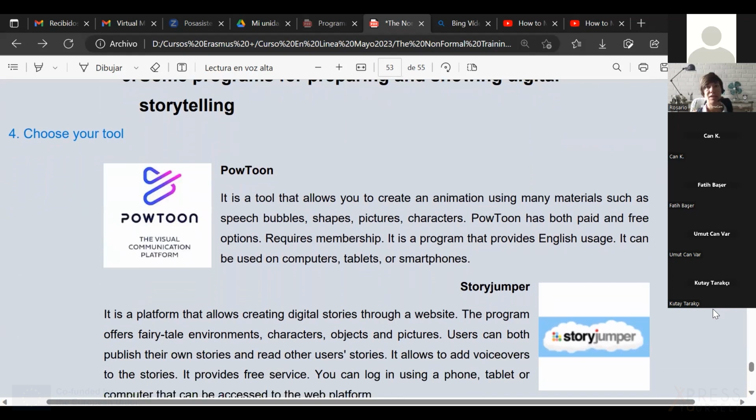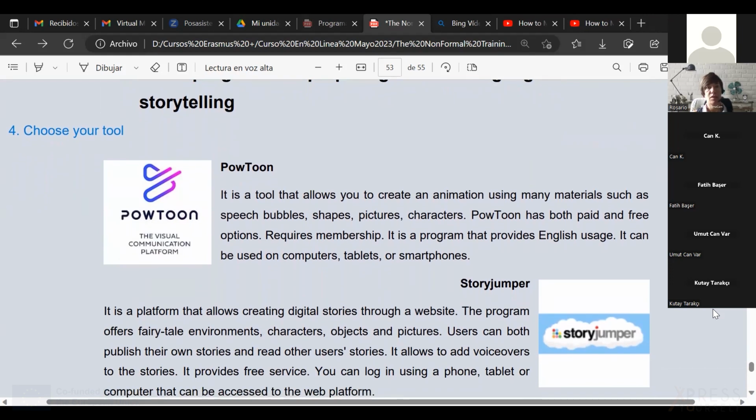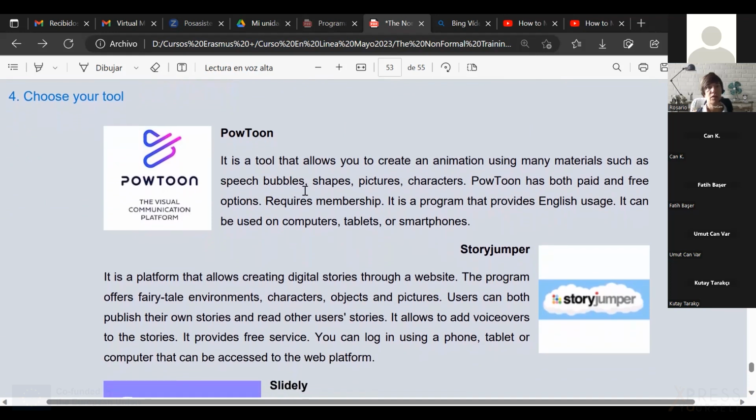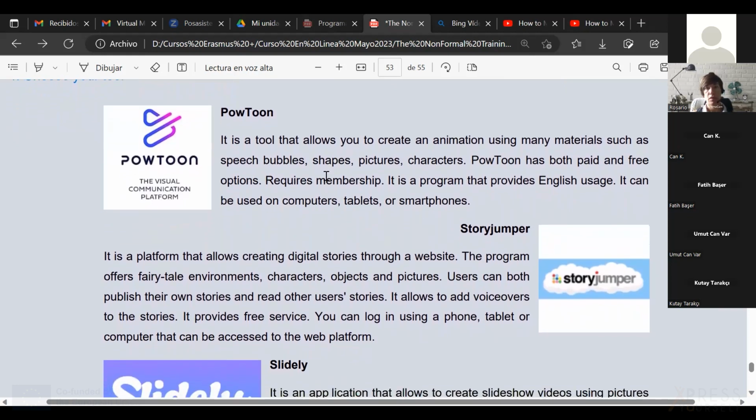But at least you will know them, and as you have the basic knowledge to create your digital storytelling, you can download them or use them in your device online and try with them and see how your digital storytellings look like. So one of them is Powton. This only requires membership, and it has paid and free options.